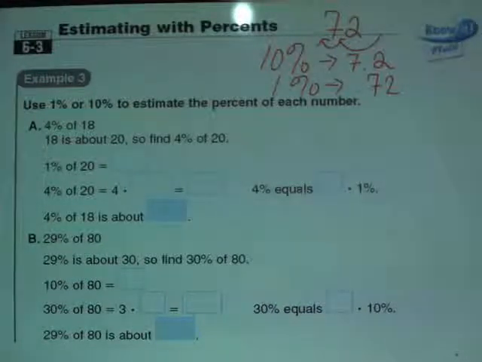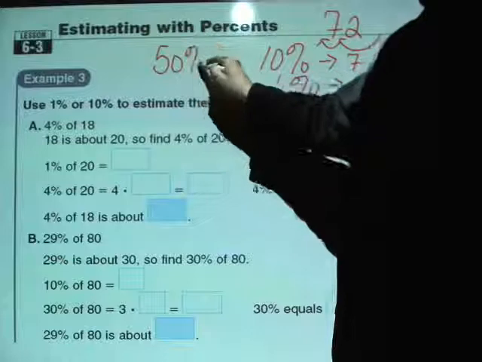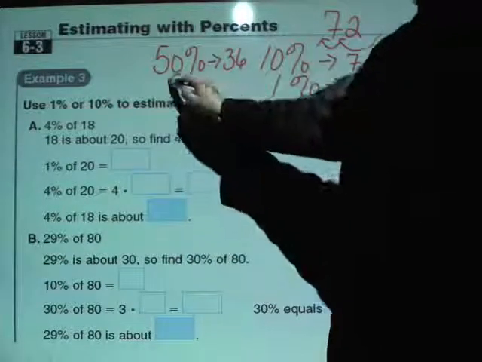Now, there are a couple other percentages that might be useful to you. 50% is when you take and divide by 2. So 50% is going to take 72 and divide that in half. So 50% would, of course, just be 36. And the other thing that might be useful